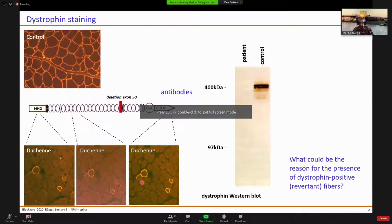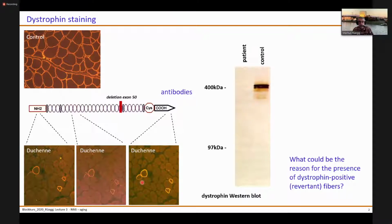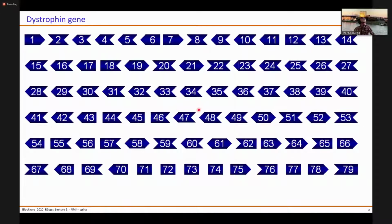This observation was then basically used to develop a new strategy to eventually also generate full-length dystrophin, or at least the truncated version of dystrophin, I should say. Okay. The idea behind this is that we have, as I said, 79 exons that are encoding dystrophin. And what is symbolized here is how these different